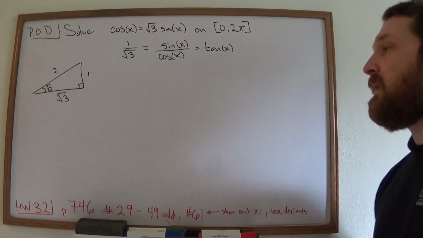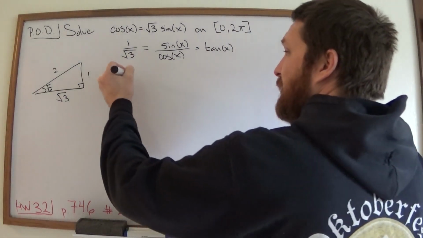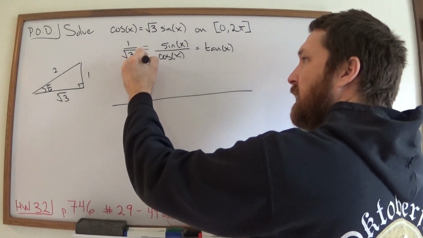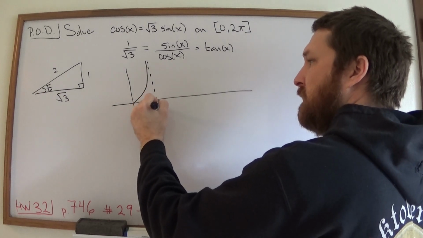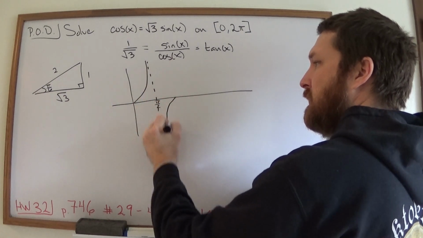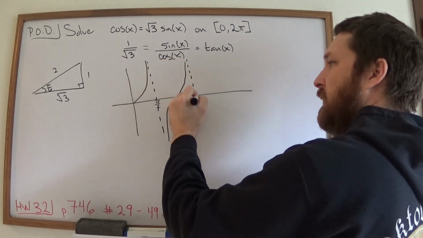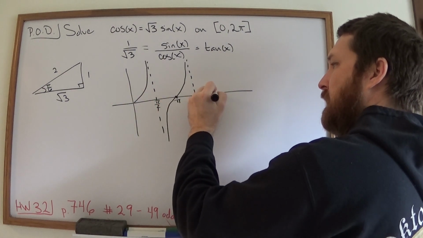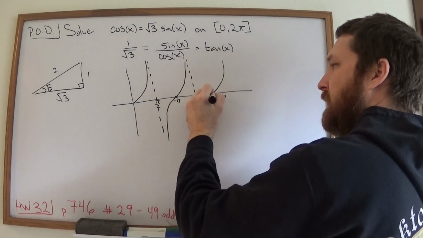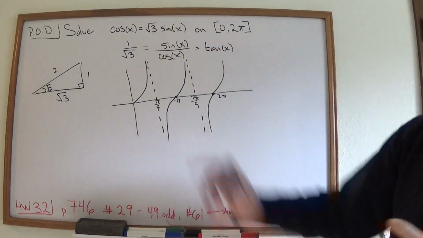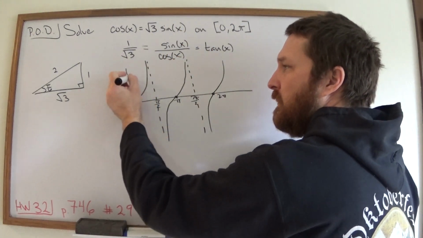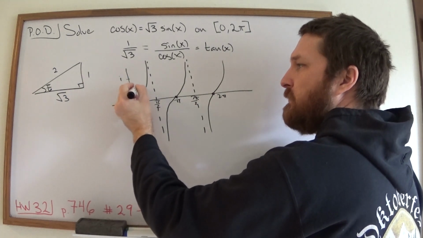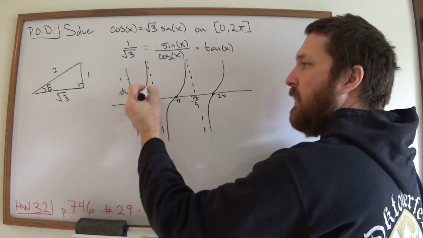I think that the best way of doing this is to graph it real quick so we can see if we're going to miss anything. And so I'm going to graph tangent. I know tangent starts here, does this thing. There's pi over 2. Starts here, goes down and does this, comes up like that. That's at 3 pi over 2. Here's pi. Here's 2 pi, it comes up and it goes down. Okay, so 1 over root 3 is a positive number, and it's less than 1, so 1 over root 3 is like that. So I do expect that in this interval I should have 1,